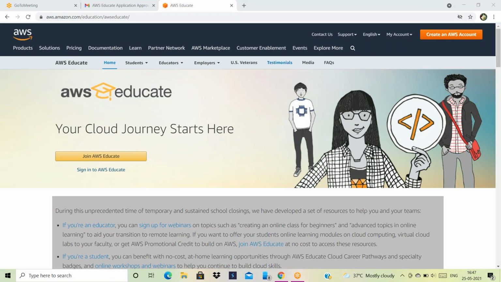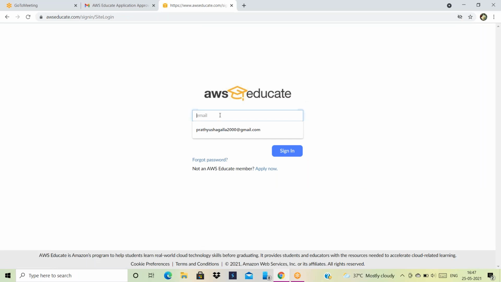Okay. Any doubts up to now, you can ask. So in the account creation procedure, yeah, again click on sign in to AWS Educate. Then the mail ID is nothing but your personal mail ID, and confirm your password and then click on sign in.